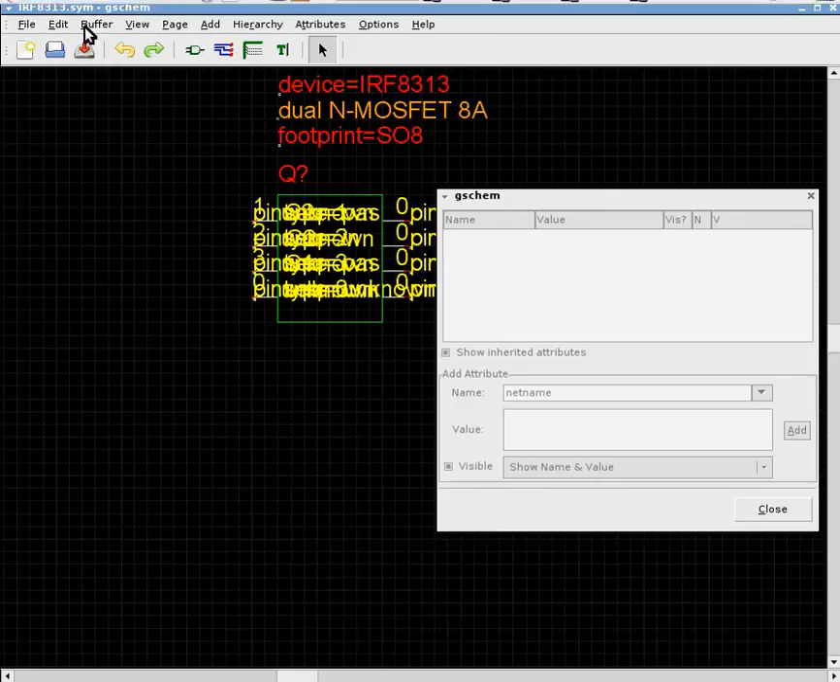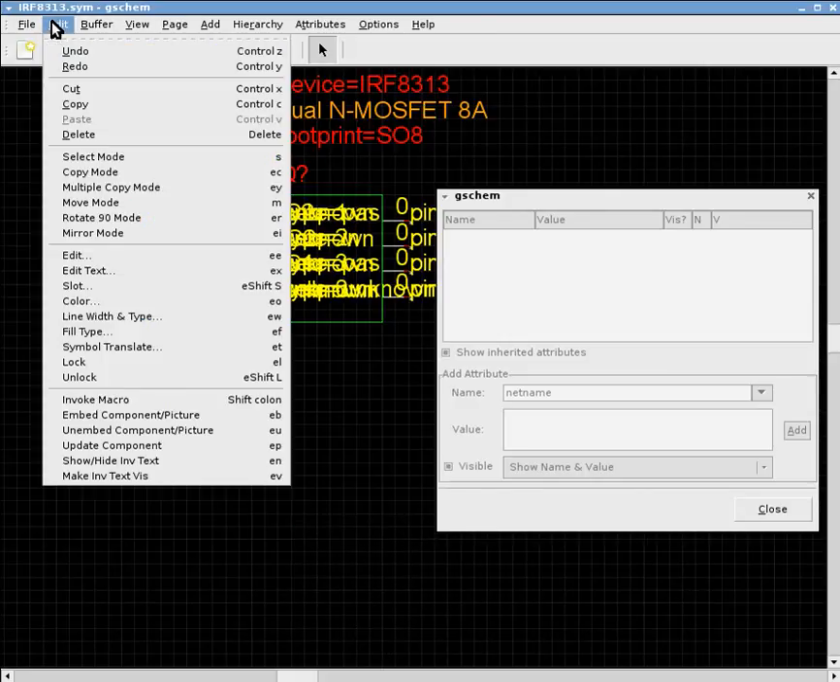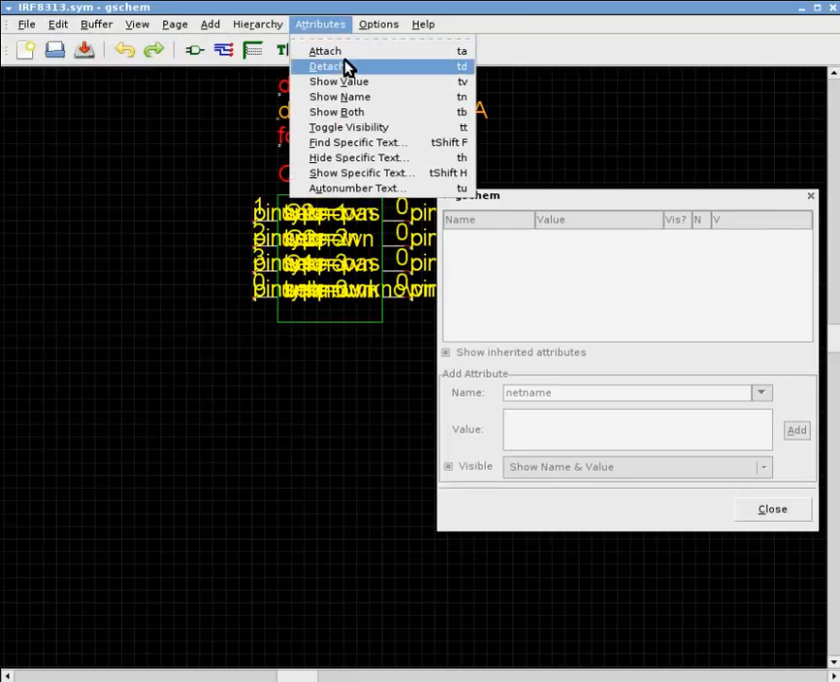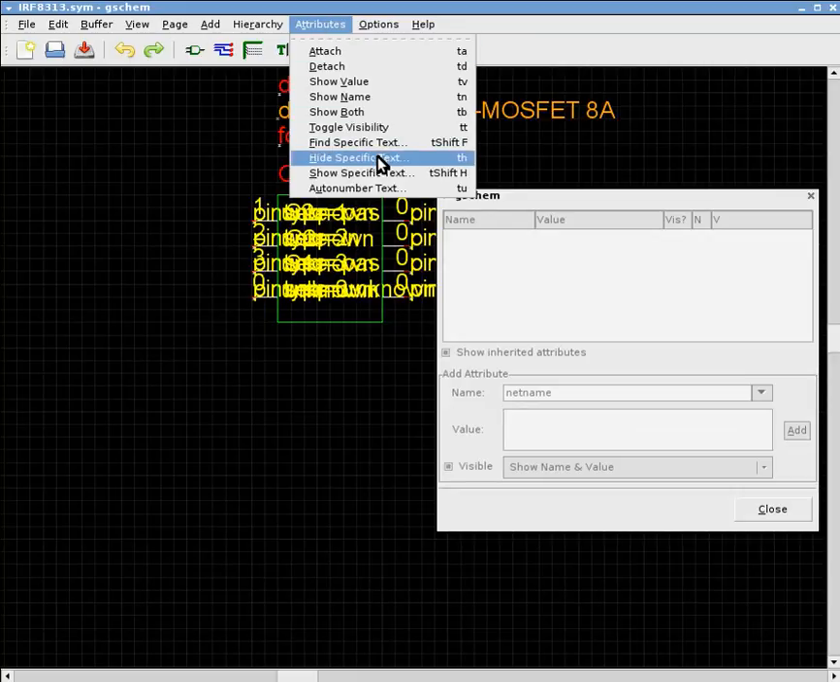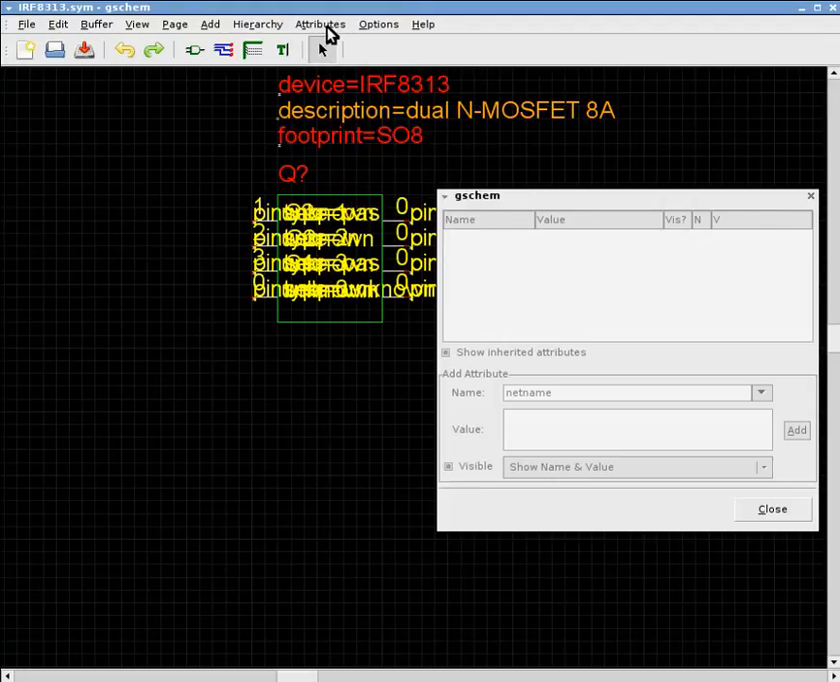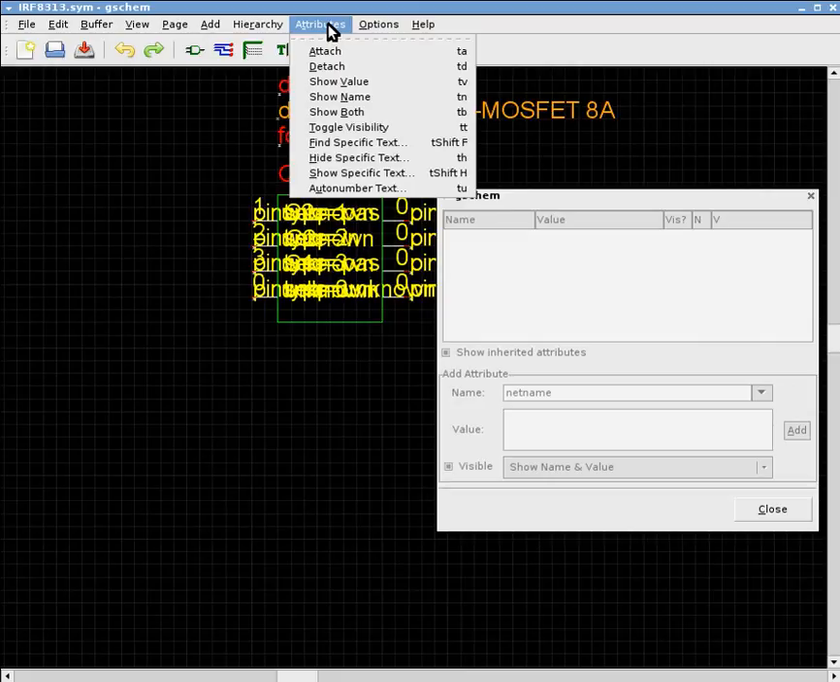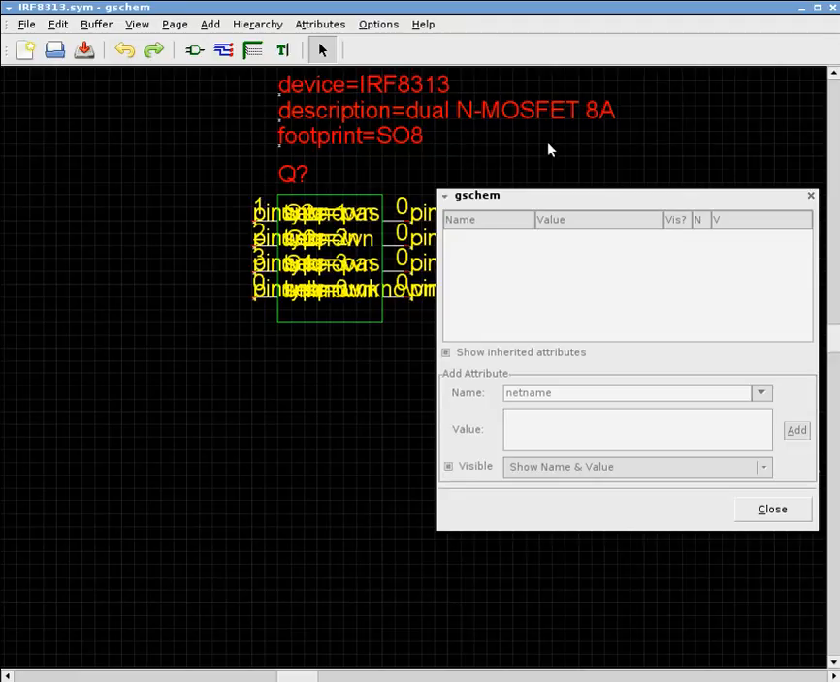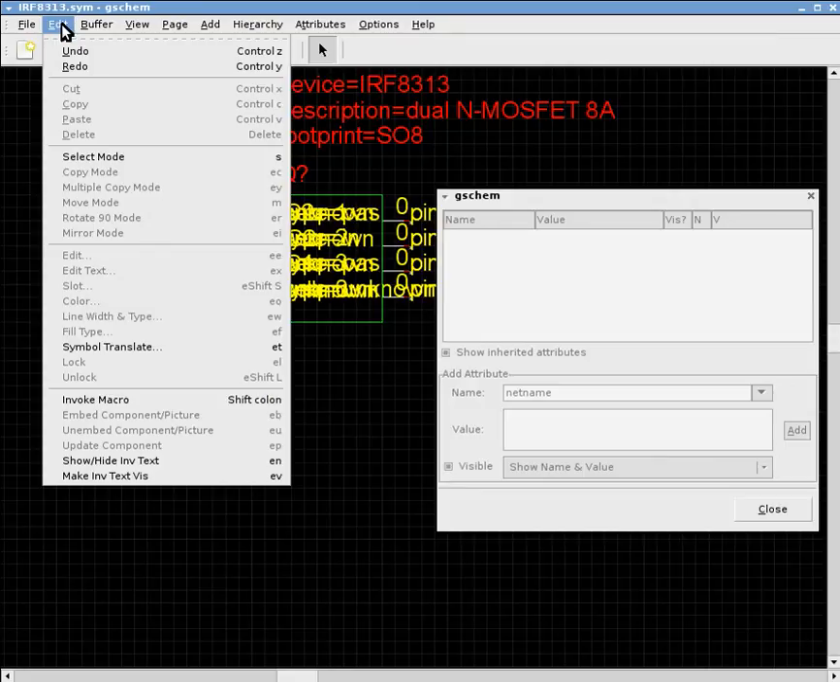No. It is edit attribute. How do I change the attribute? Show both. There we go. And then we also want to make it invisible, and that would be hide specific text. Nope, that's not it. Let's see, toggle visibility, TT. So now we have just toggled the visibility, and to test that we can go to edit and see whether it is